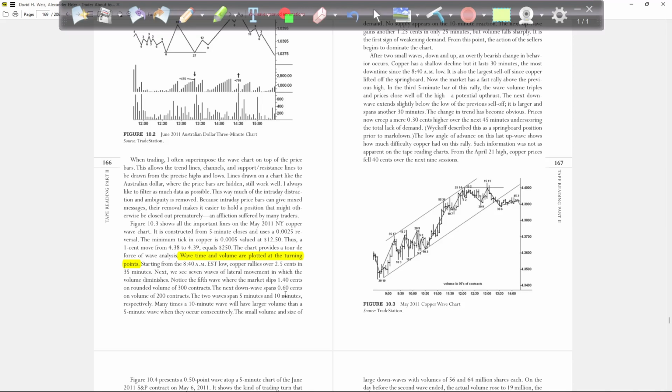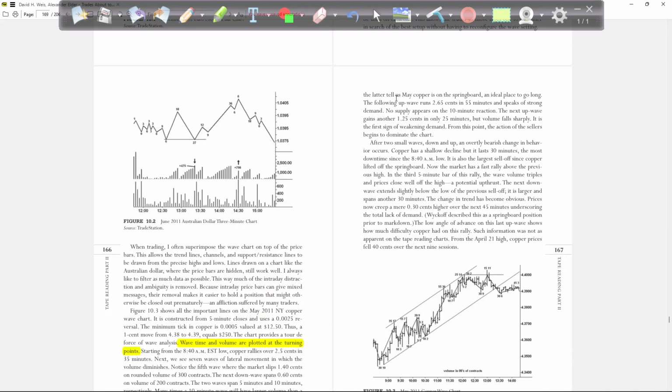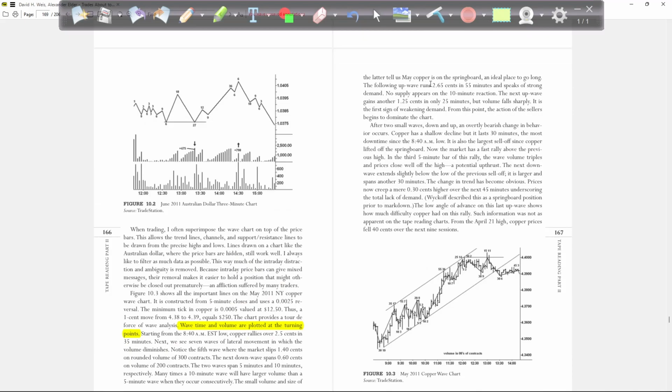The next down wave spans 0.60 cents on volume of 200 contracts. The two waves span 5 minutes and 10 minutes respectively. Many times a 10-minute wave will have larger volume than a 5-minute wave when they occur consecutively. The small volume and the size of the latter tell us copper is on the springboard, an ideal place